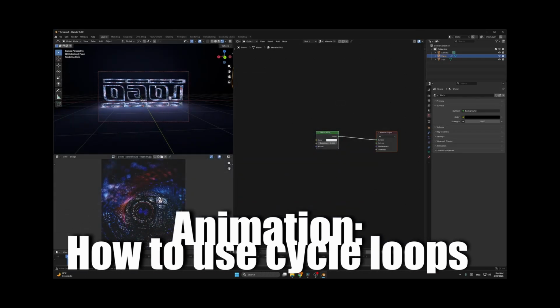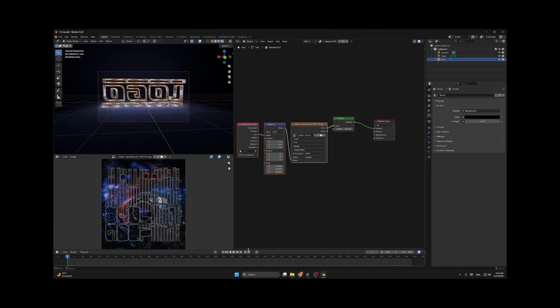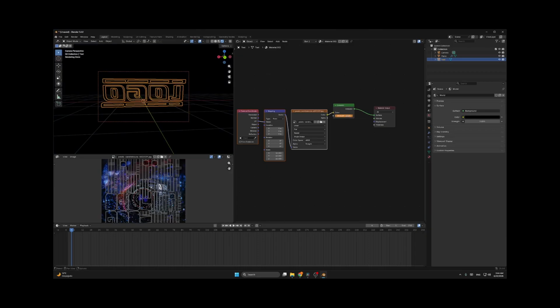Now we want to animate this emission. So select this. Make sure that you are in frame 1. And now here, right click, insert keyframe. Now go, for example, in 4 frames. Now change this to 0. Right click, insert keyframe. Now I go in frame 8 and I change it to